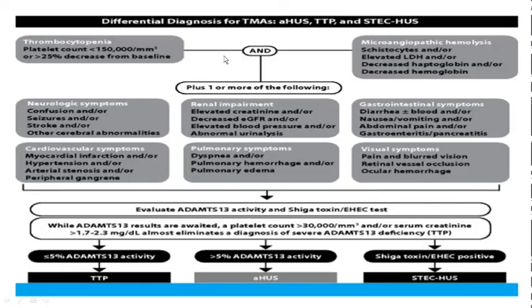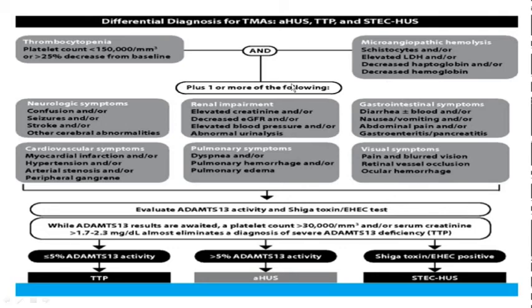So basically, this is a chart where we are showing the differential diagnosis of TMA, which is basically hemolytic uremic syndrome, a condition almost similar in presentation to TTP, except for the neurological findings and the fever. And then you have hemolytic uremic syndrome, which is associated with Shiga-like toxins. You have a lower platelet count in all three conditions, and you have microangiopathic hemolysis with schistocytes, elevated LDH, decreased haptoglobin, and decreased hemoglobin in all these conditions.